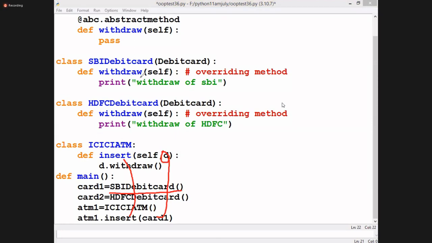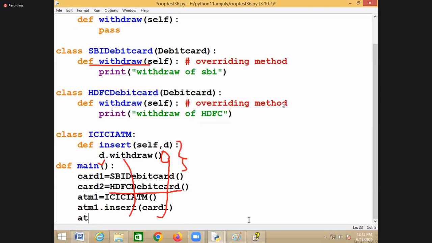Yes. But at the time of writing the method, it just called the withdraw of which one? Debit card. At the time of developing this ATM, it calls the withdraw method of the debit card. But which debit card? That is revealed at runtime. So it will call the withdraw method of which debit card? SBI. Okay, now if I write ATM1 dot insert card 2,